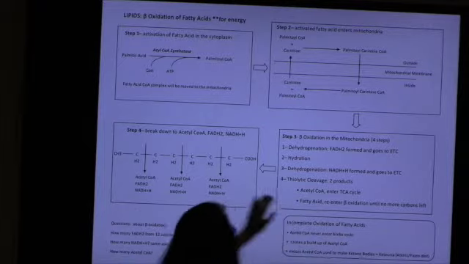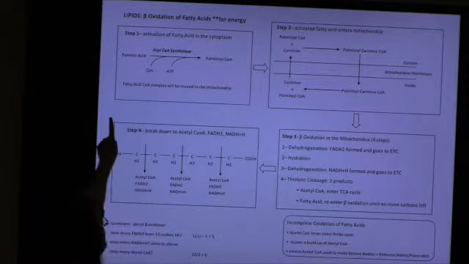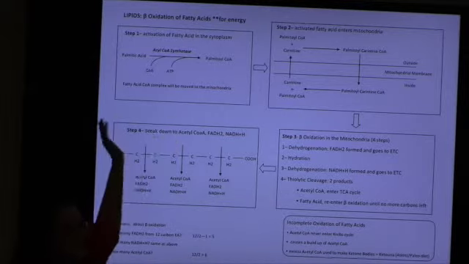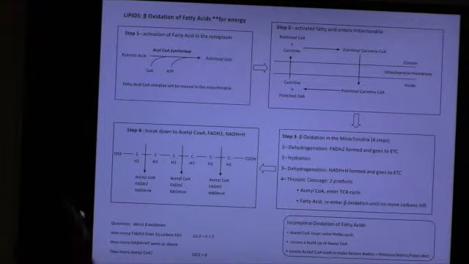First thing, and I'm just using palmitate as an example. It could be any fatty acid. So the first thing we're going to do is activate the fatty acid. To do that, we need to add a what to it? An acetyl-CoA, or a what? How about just a CoA? Let's just add a CoA, okay?